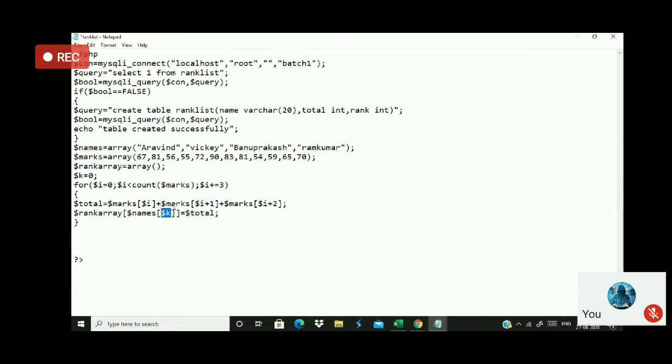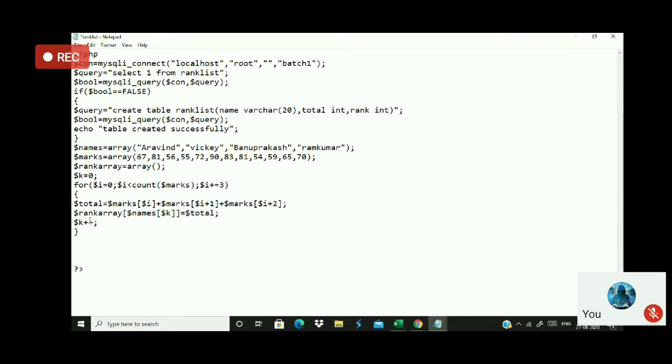And after that, when k is made as 1 here, what will be the key? When k is made as 1, what will be the key? Vicky will be the key. Okay. When k is made as 2, what will be the key actually? Bhanu Prakash will be the key. When k is made as 3, what will be the key? Ram Kumar will be the key. So what I'm doing is, first time k value is 0. So next time, every time k should be incremented by 1. Listen here. Are you able to understand?